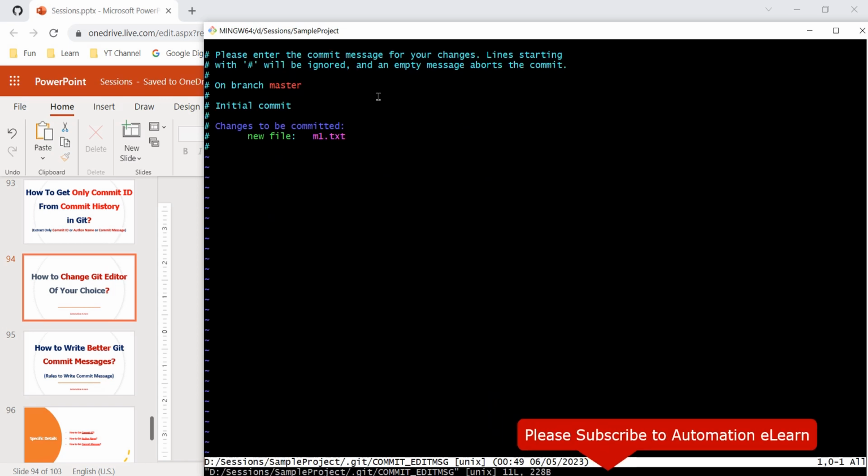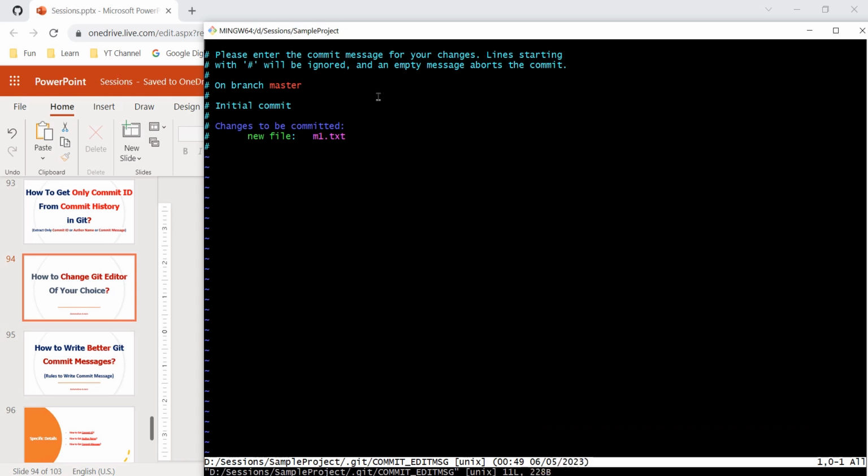So currently this is Vim editor because we just gave git commit, the message part is missing. So Git opened this editor to take the commit message from the user. So this is the Vim editor. To work with this editor, you need to understand how it works. For example, this editor is currently read only. Once you press I on your keyboard, it will be in editing mode and then you can type your message